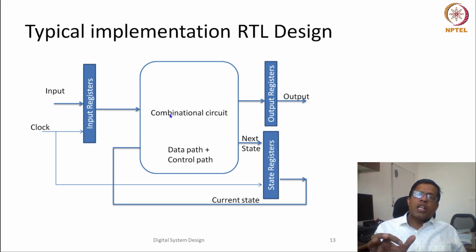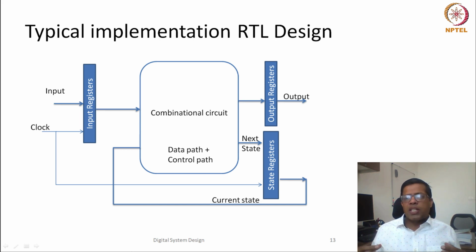Now because this data path is usually a common data path for the whole application, there would be some control logic which is controlling when to read which particular register, when to activate a particular operation. All those things would be decided by the control path, and this control path is also sequencing of the operations using state machines, and state machines would be implemented using these state registers. That particular part of the logic would be called control path.